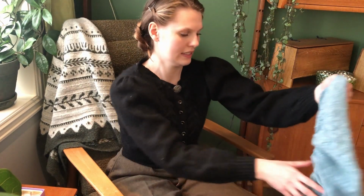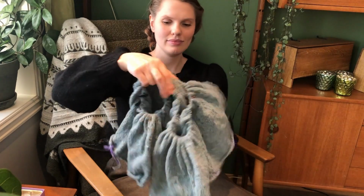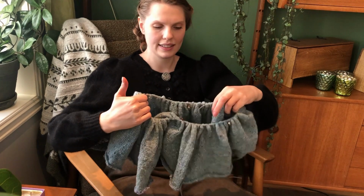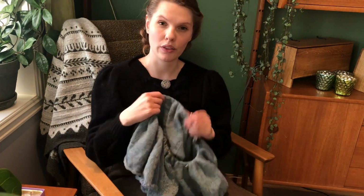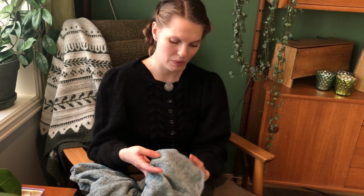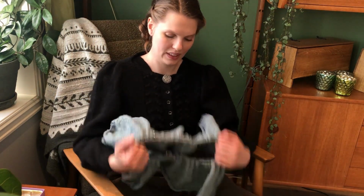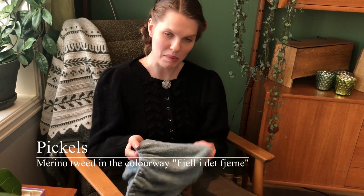I also have a skirt. Well, I think it was last summer. No, summer of 2019, I think. I designed, wrote up a pattern for a skirt inspired by the 40s and got this far. I think I cast on maybe between 600 and 700 stitches. So there's a fair amount of work here, but I got disinterested. And now I'm not so sure that I'll actually wear the color. So I think I'm gonna rip this back